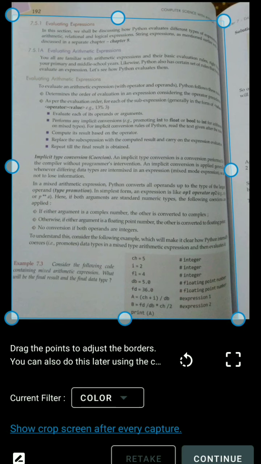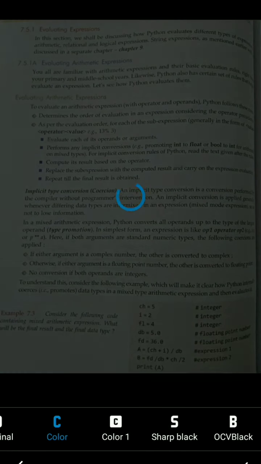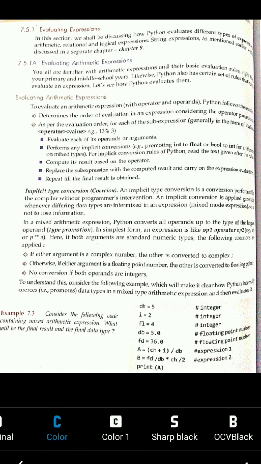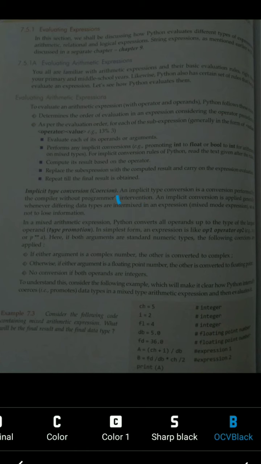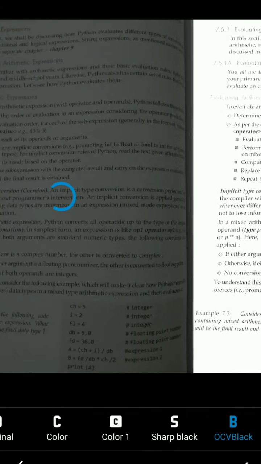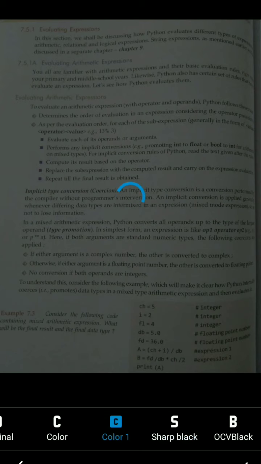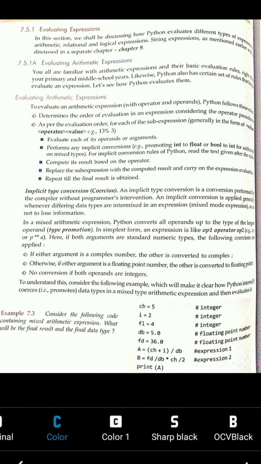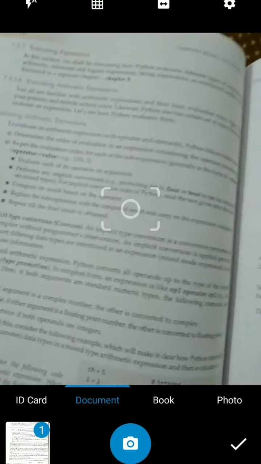It's my requirement. Color filters are also available, and you can clean the image also. Yes, this has been cleaned. Other options are OCR, black, sharp black, color 1, color 2, whatever you want. Then click the checkbox, and then continue.